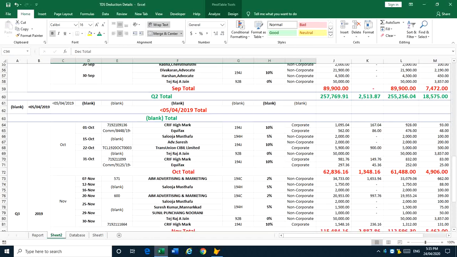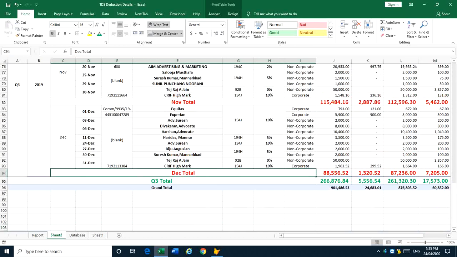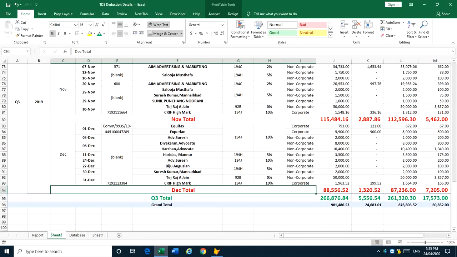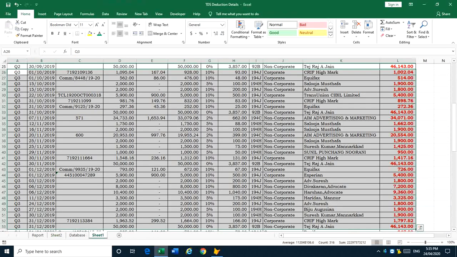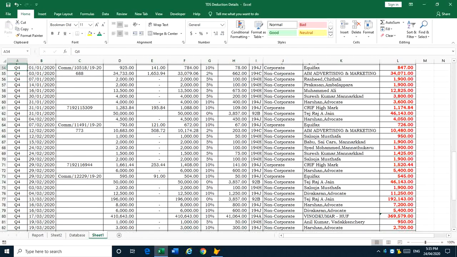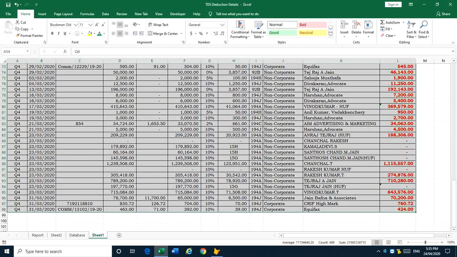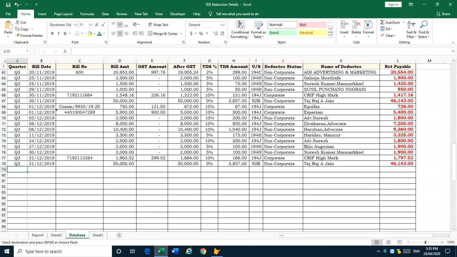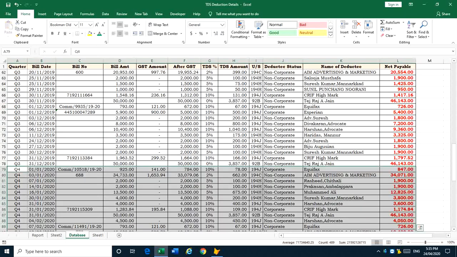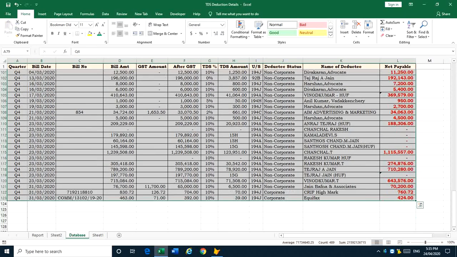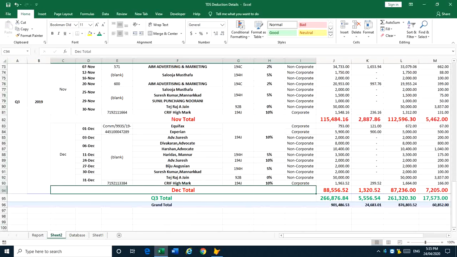Again I am going to update the Q4 data. Q4 data also updated. Right click, refresh.